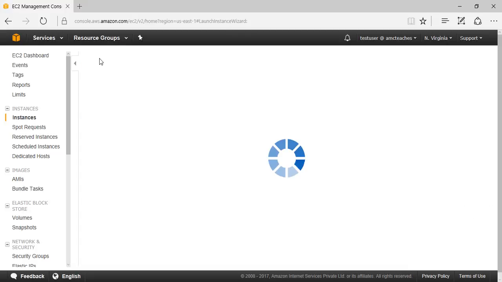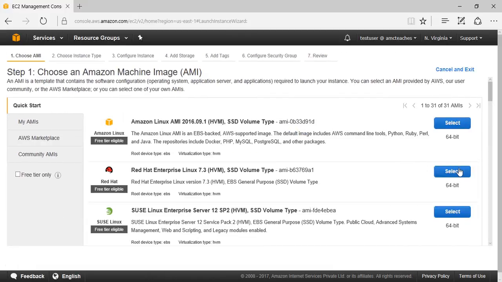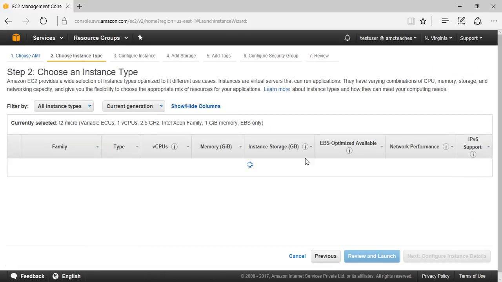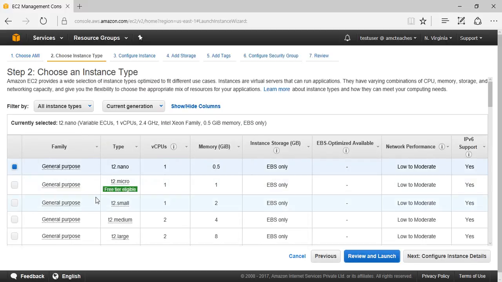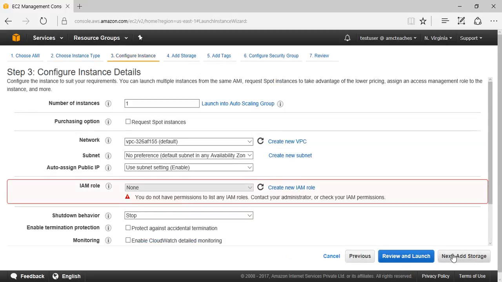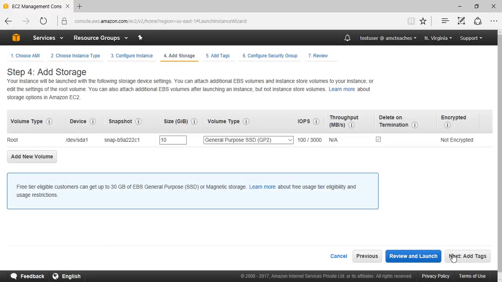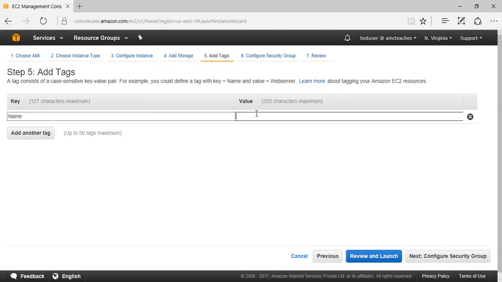I'll click on launch instance. I'll click on this one. Instead of T2.micro, I'm selecting T2.nano. I'll click next, configure instance details. Next, add storage. I'll click next, add tags. T2.nano. Okay,